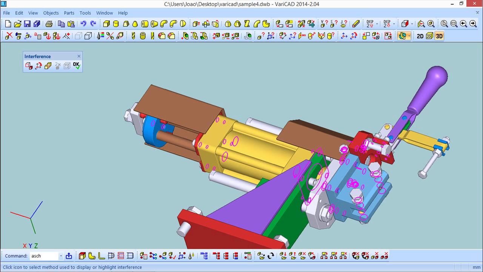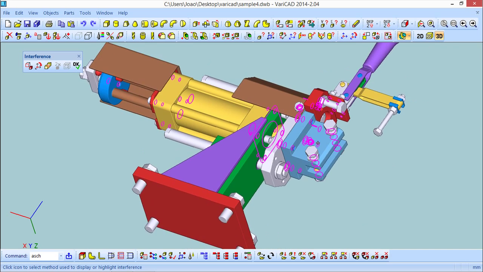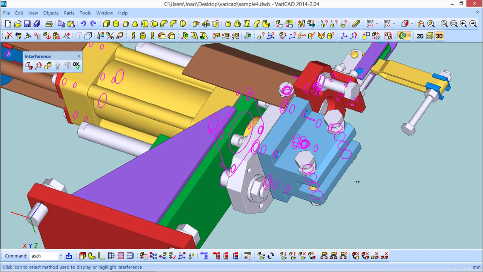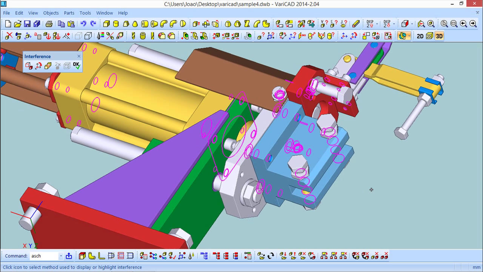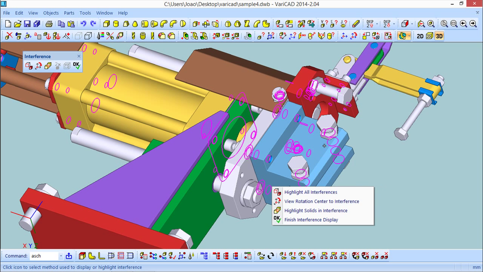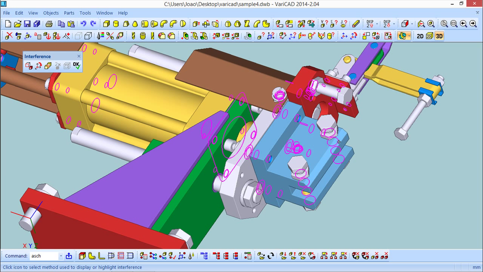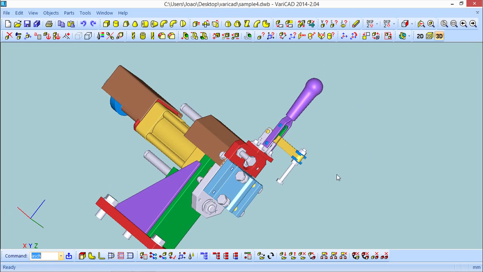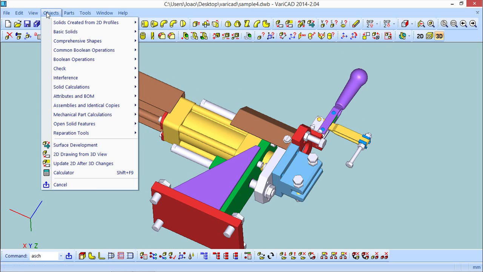I don't know exactly what the correct color is. We have these entities that show us where we have entities in conflict. Okay, we have other options also here about